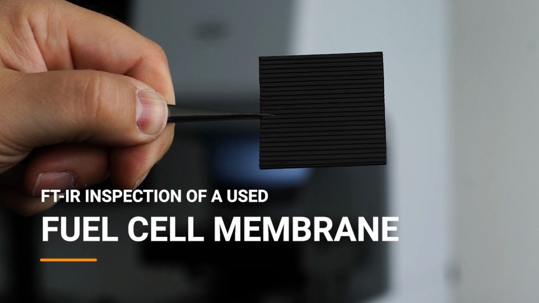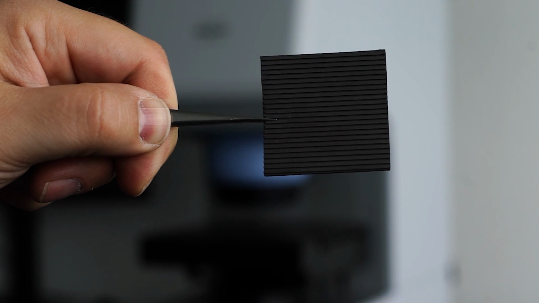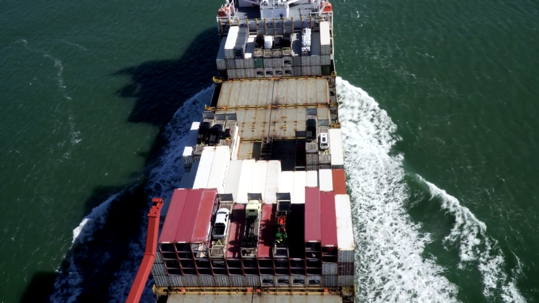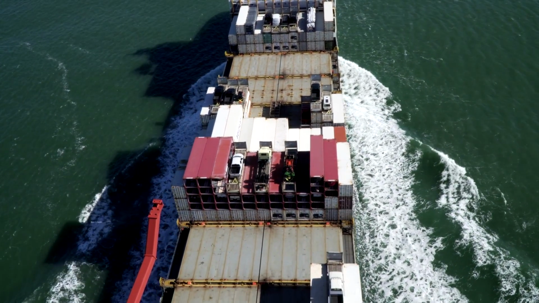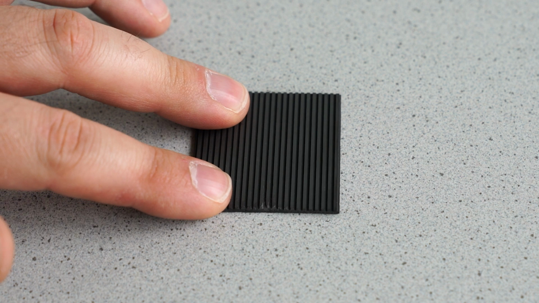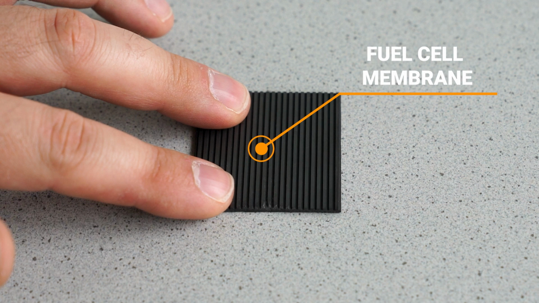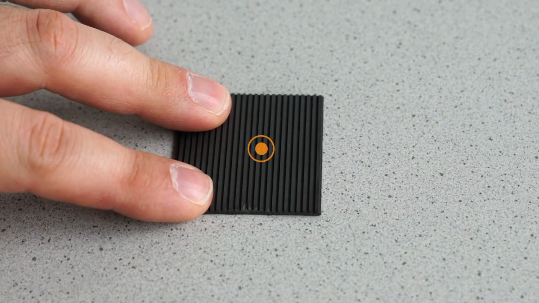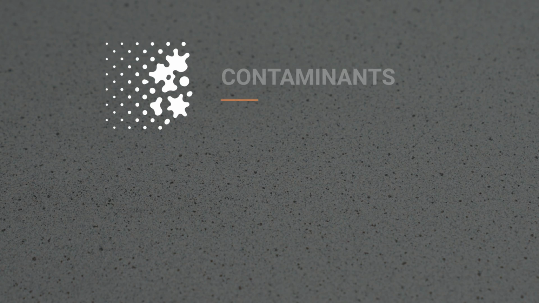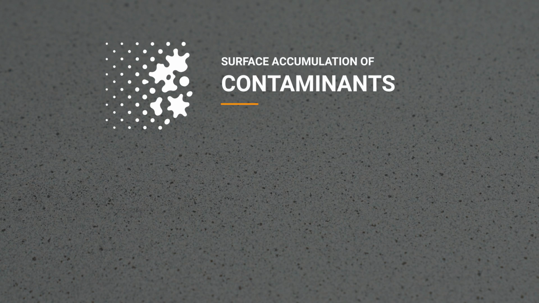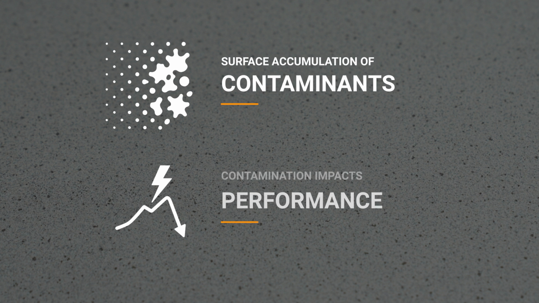Permeable membranes are one of the key components of hydrogen fuel cells, one of the main technologies being explored to provide clean energy for industrial transportation. In this video, we'll analyze a fuel cell membrane that has already been in real-world operation. Such extended use can result in the accumulation of contaminants on the membrane surface, which in turn compromises its performance